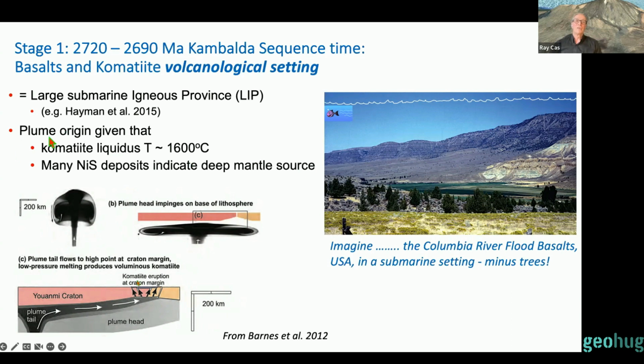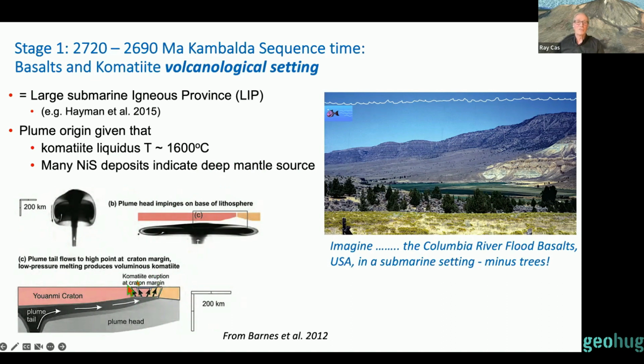And basically, we think these were generated by mantle plumes. And this is consistent with the high melting temperature, the liquidus temperature of Komatiite magmas, at least 1600 degrees centigrade, and also the abundance of nickel sulfide deposits in the Kalgoorlie Terrane, which is indicative and suggestive of deep mantle